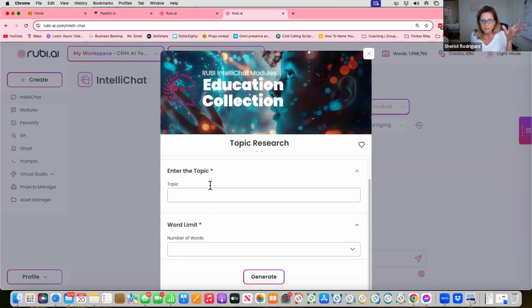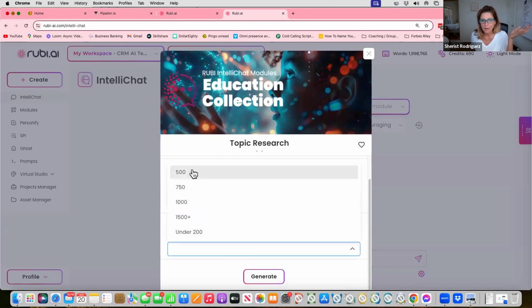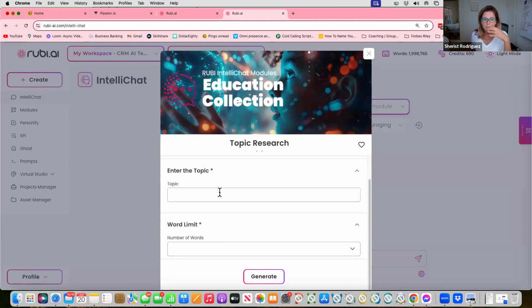But really, you put what topic you want to research up to 200 words. And then how many words you want it to give you in the research. So let's say you just want weight loss, or detoxification and weight loss, or regenerative, some of the things that we're doing. And so it gives you some really good research stuff. And take note which ones you might want me to show you after.